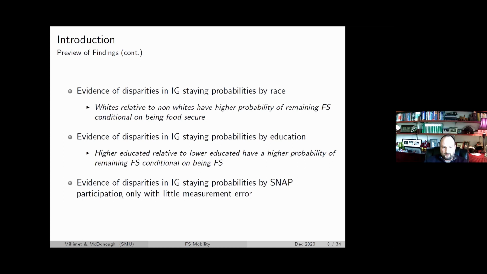And then we also look for heterogeneity across states on the basis of SNAP participation in the state. I won't spend a lot of time on it in the results, but we're not measuring SNAP participation at the individual household level, whether or not the household participates in SNAP. We just divide the sample into states by the fraction of the SNAP eligible population that actually participates in SNAP, and compare high participation states to low participation states. And there we don't find very much.